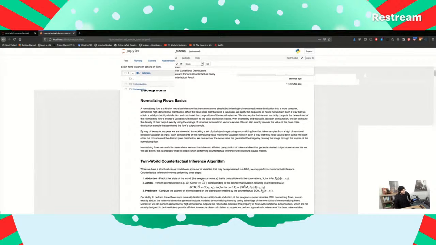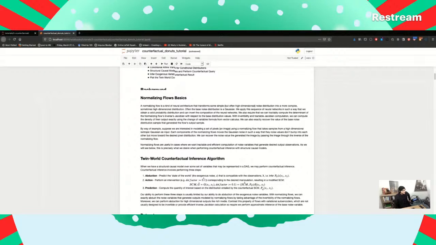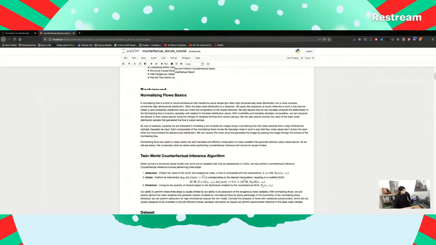In probability theory, that information is stored in the Jacobian matrix, and then the inverse matrix allows you to go from the output of the neural net back to the input Gaussian.